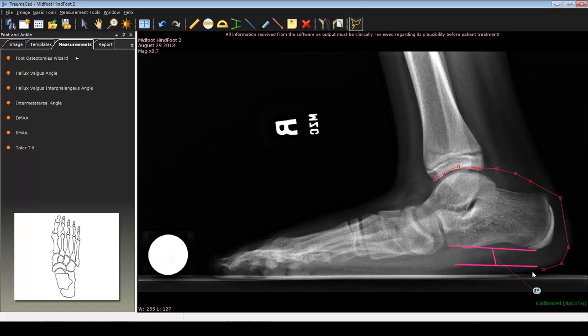And I like to include those lines for the calcaneal pitch into my correction site, and then head back up towards the articular surface of the talonavicular joint, because we're going to be rotating the talus,